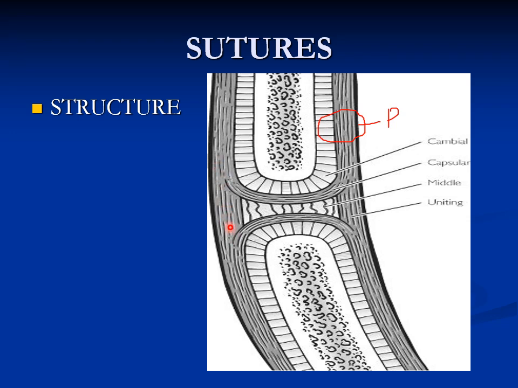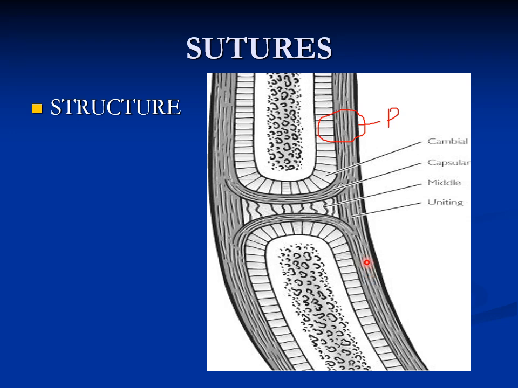Now you can also see that here these edges, which are the free edges of the bone, you can see this is the extension of the fibrous layer of periosteum. So this is bridging and uniting the free edges peripherally. So here we label this as the uniting layer. So the uniting layer is bridging the two bones together at its peripheral aspect. So at the free ends you see this uniting layer, which is an extension of the fibrous layer of periosteum.